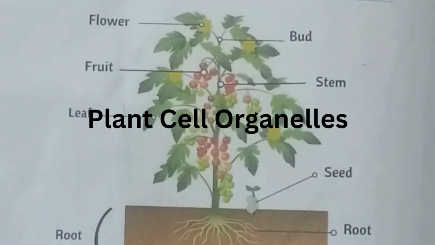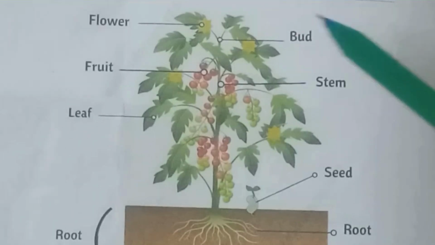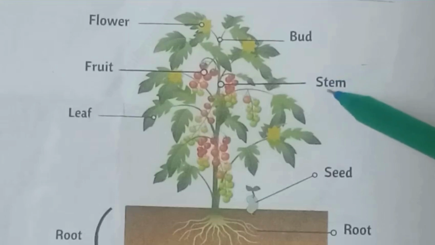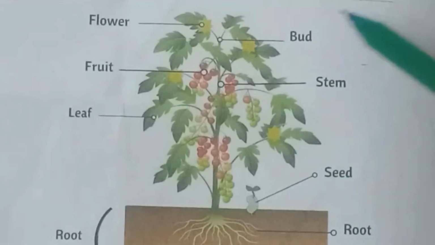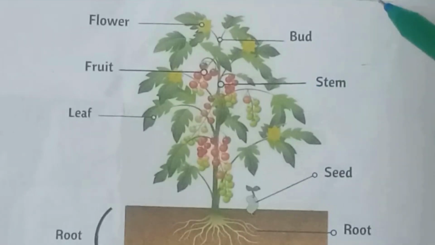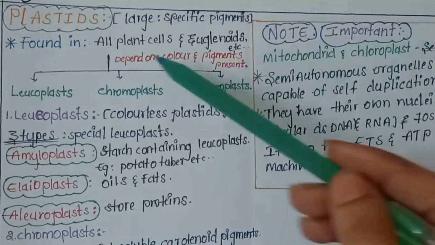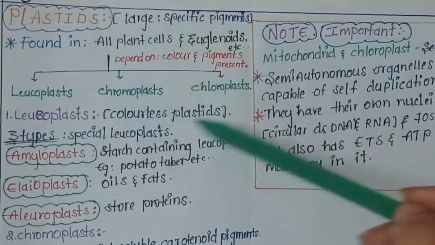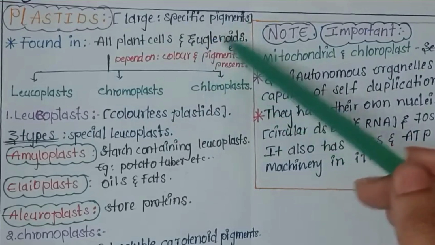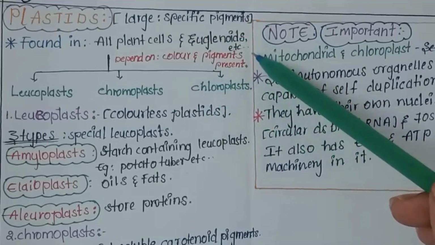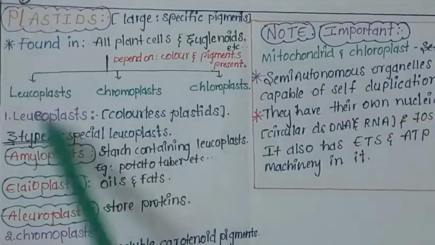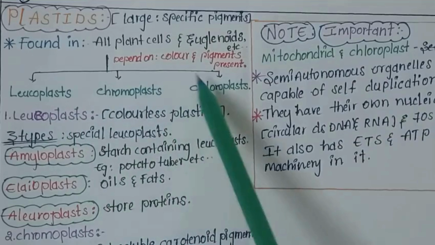As we already differentiated between plant cell and animal cell, let's discuss some of the organelles which are present only in plant cells, like plastids and the outermost covering of the plant cell, which is the cell wall. Coming to the plastids, these are found in all plant cells and euglenoids. Depending on their color and the types of pigments present in them, these are divided into three types: leucoplast, chromoplast and